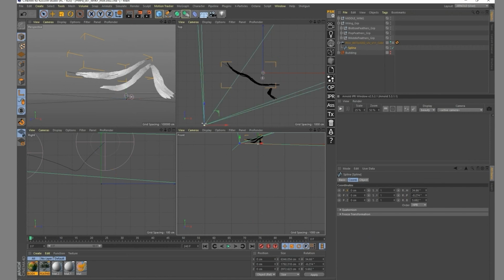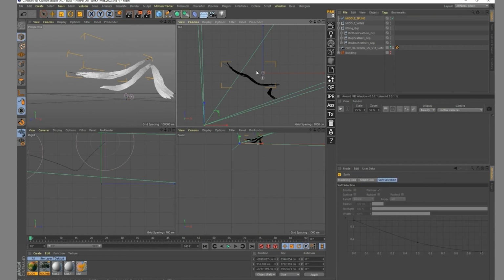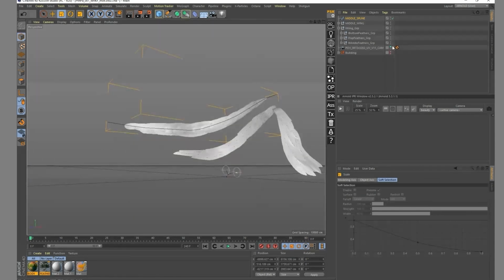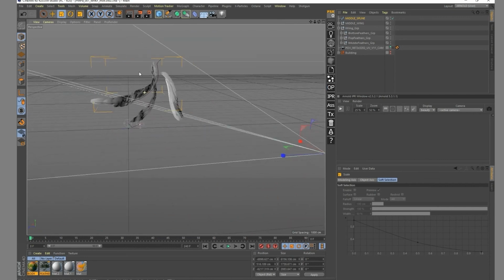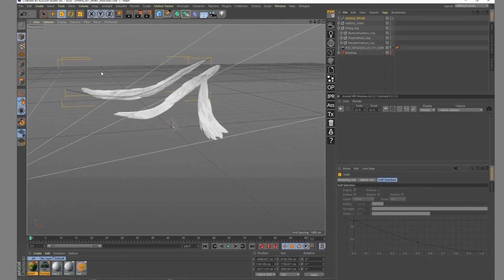Just by doing this, my point of pivot is right here at the same position as my camera. And if I'm getting it out, because I don't need that, I'm gonna call that middle spline. Right now, if I'm changing the size of my spline, just because of the fact I did that with the center of pivot being at the same position as my camera, I'm moving it. You can see it right here, it's moving, but you don't see any modification here. It's just an optical and a trigonometry kind of trick in which right now our spline is in front of our wing and we can now use it for our system of parrots.